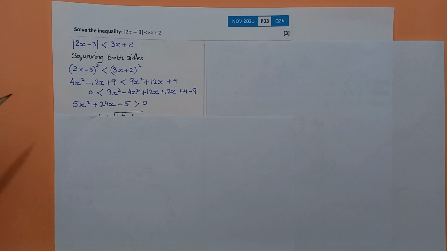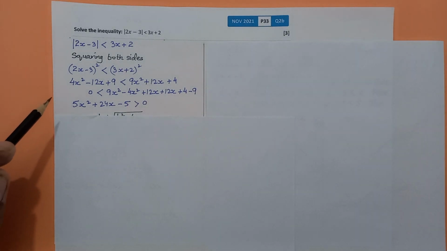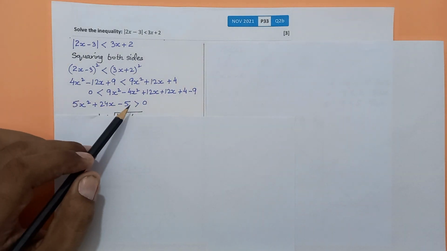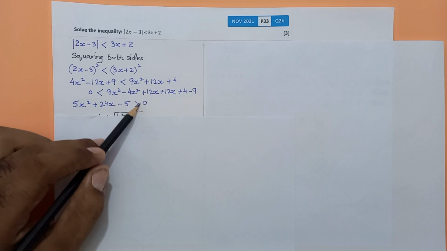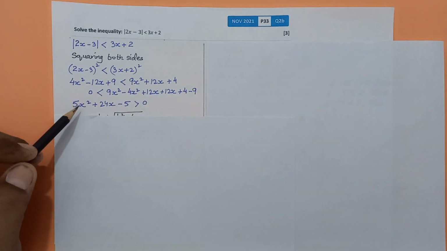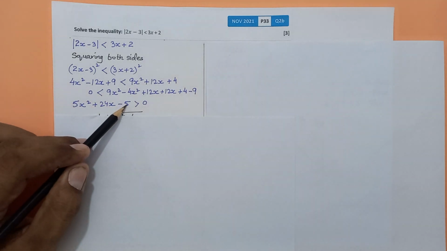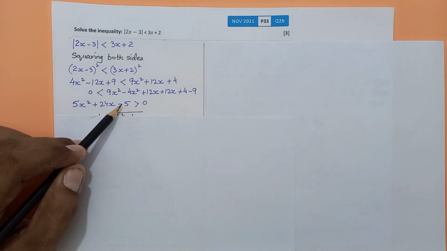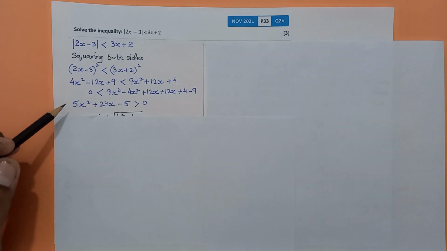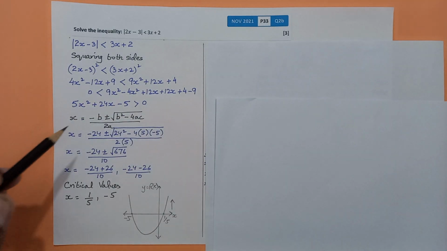The second step is finding the critical values. Critical values means the values of x on the x-axis, that means on the x-axis y is 0, so use the quadratic formula and solve this particular quadratic equation, get the two values of x which are on the x-axis, and based on that we would then decide what will be the set of values. So just use the quadratic formula,